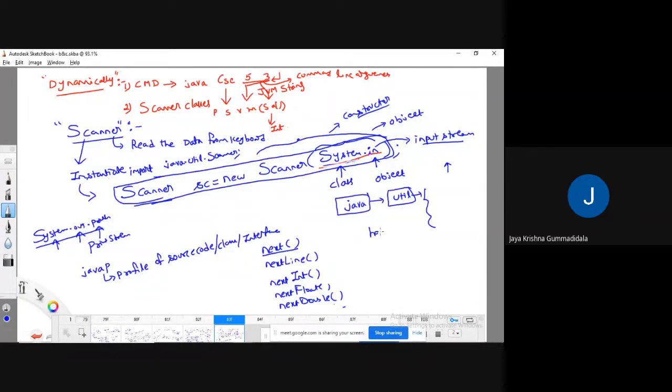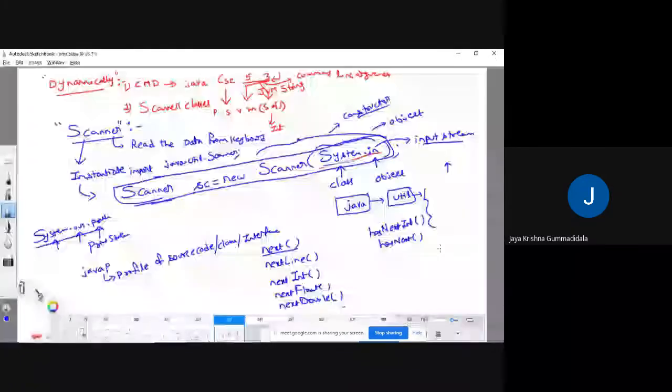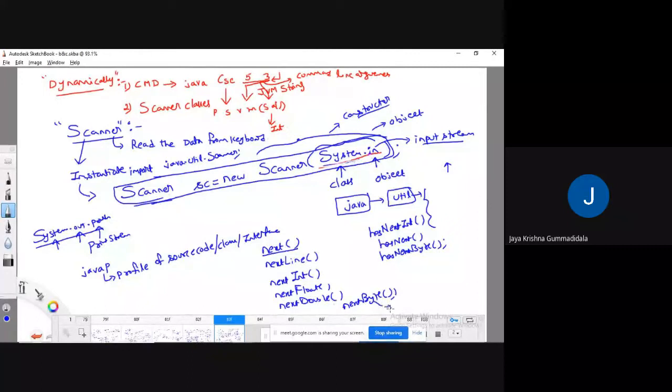Similarly, we will have various kinds of methods like hasNextInt, hasNextByte. We will have next followed by a data type, next followed by triple x data type, right?